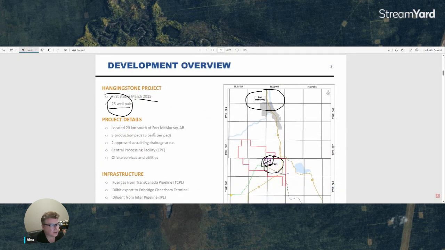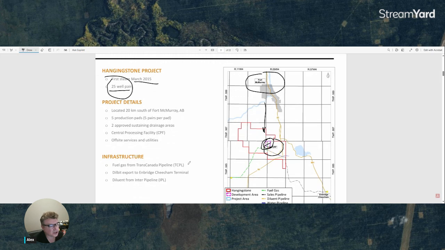So the location is 20 kilometers south of Fort McMurray. So going this way, 5 production pads, and 5 pairs per pad, which is 25 well pairs. 2 approved sustaining drainage areas, a central process facility that generates the steam and handles the gas and emulsion at the back to treat it, and off-site service utilities. So the infrastructure they have is fuel gas from TransCanada Pipeline, Dilbit export to Enbridge Cheecham Terminal, and